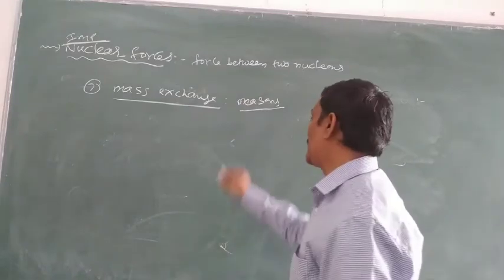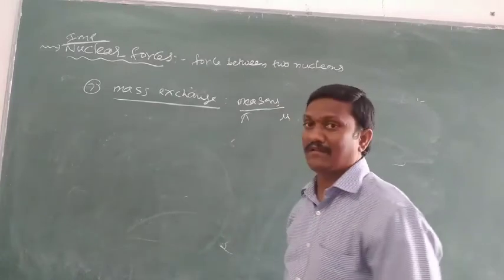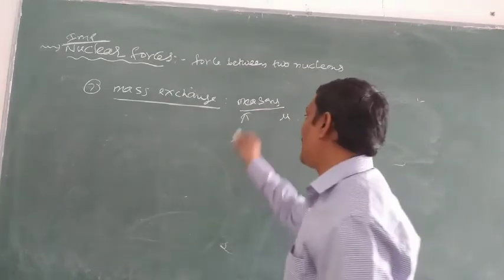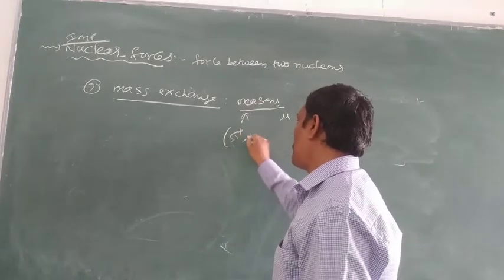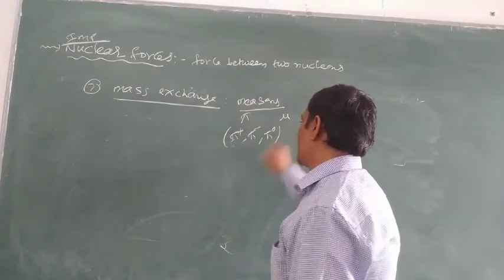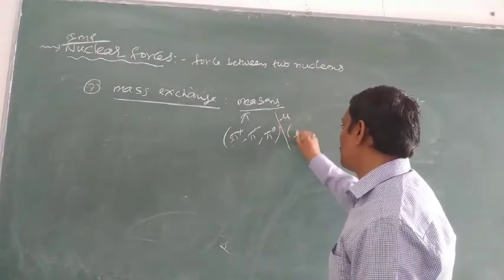Here mesons are of two types: the first one is the pi meson, the second one is the mu meson. Again, pi mesons are of three types: pi plus, pi minus, and pi neutral. Similarly, mu mesons are also of three types: mu plus,